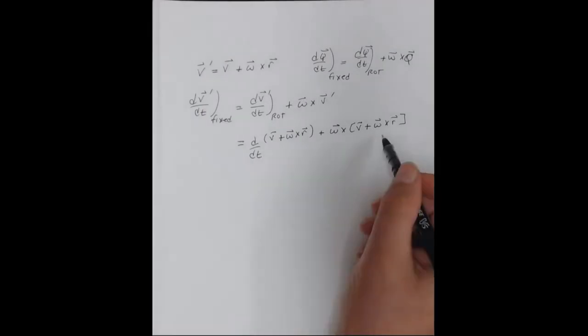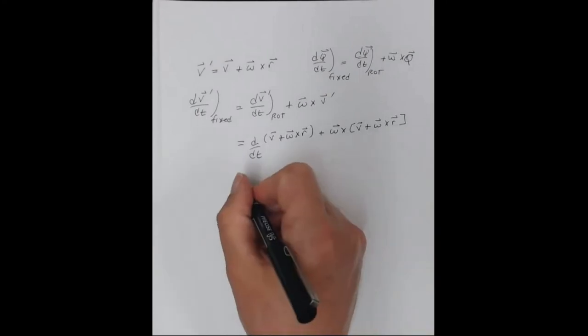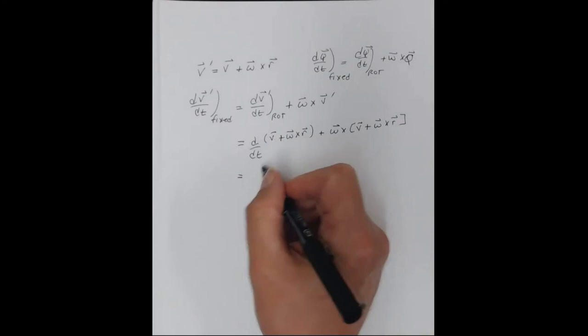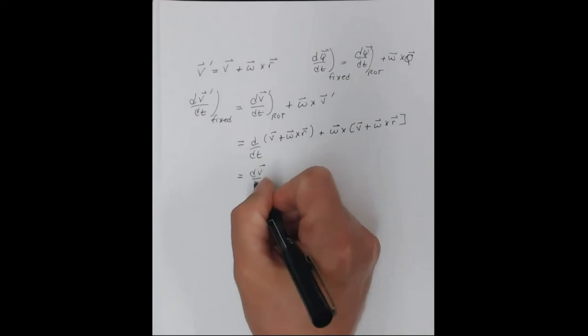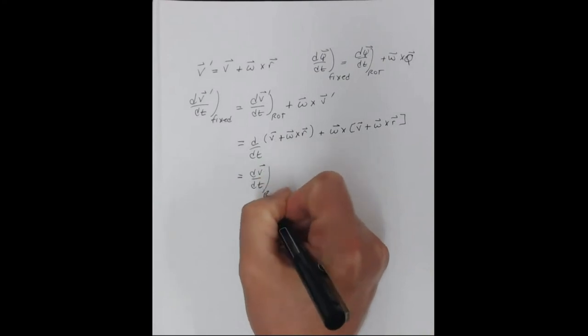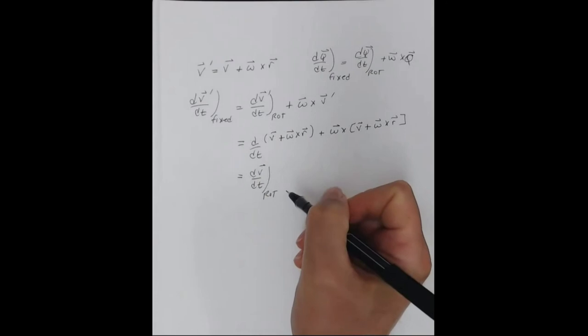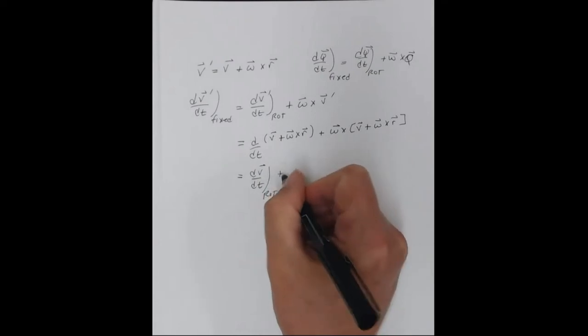So of course when I do omega cross v, let's go ahead and write this out, equals dv/dt. So this is the acceleration as you saw in the rotating frame, plus